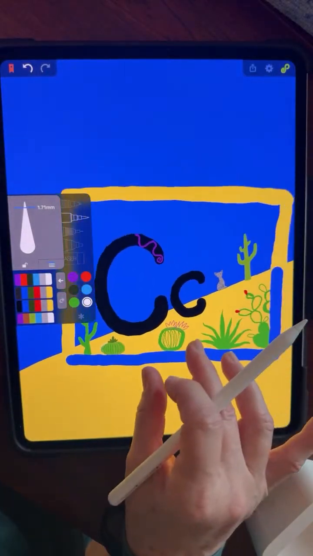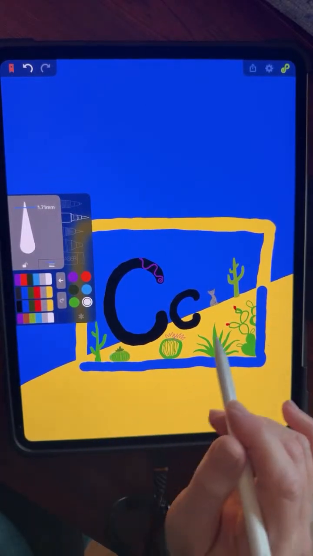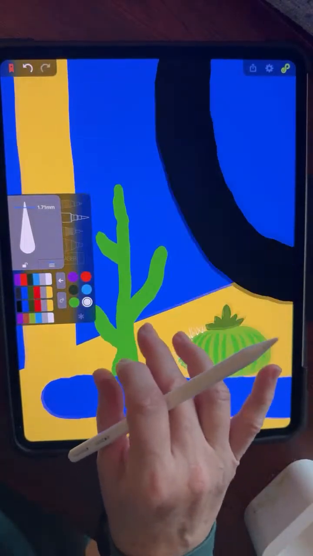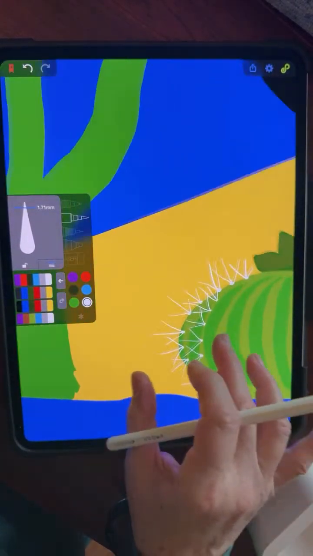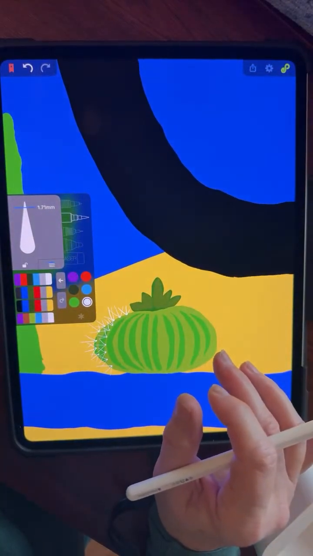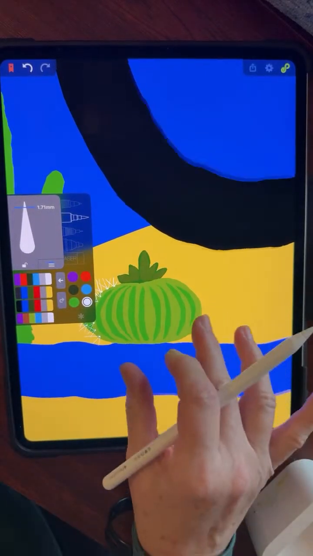It'll be interesting to find out how long it actually takes to put little spikes on all of these cacti. But I'm going to do it. Probably not in this live drawing session, but I will do it. So next up,